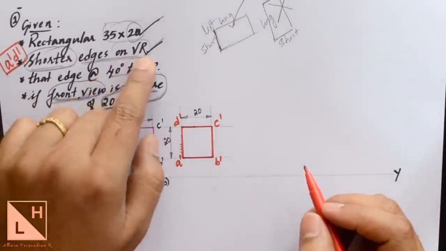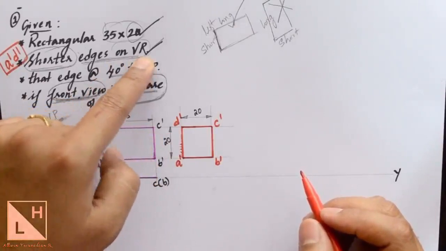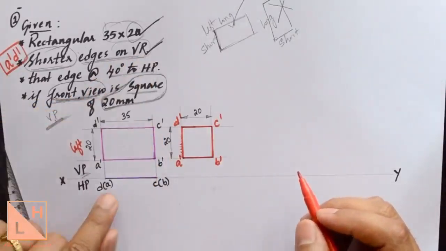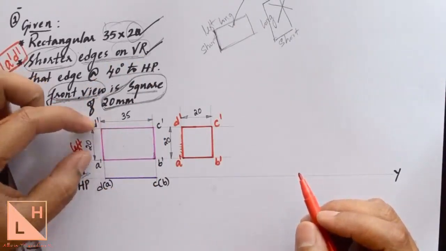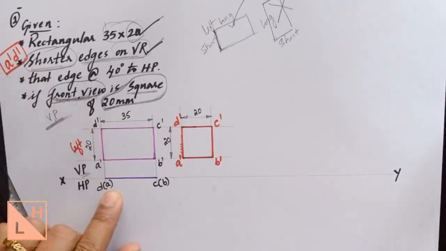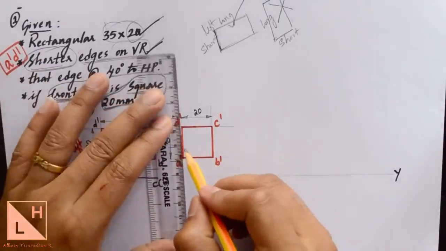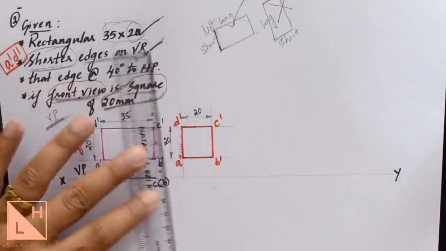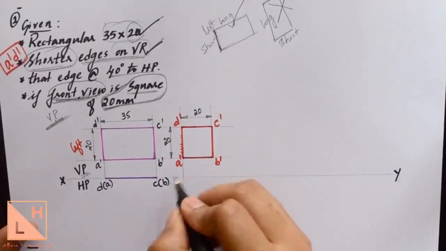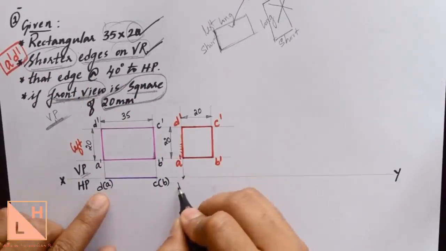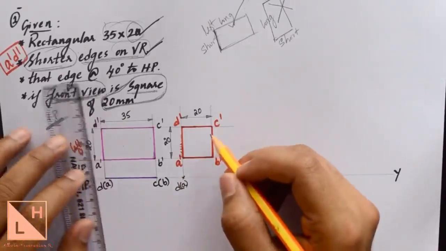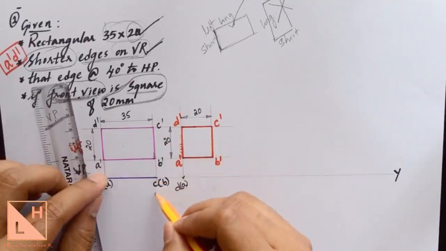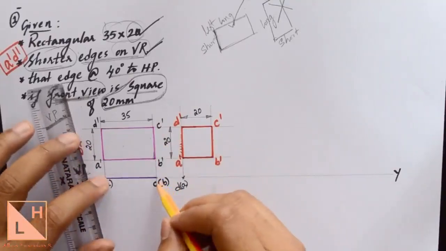Any condition with VP will be satisfied in the opposite plane, which means that this point AD represents the left edge A dash D dash. This AD should be kept on the XY line itself. So initially we'll drop a projection line from here and make sure that these points D and A are resting on the XY line only. What happens to the other 2 points is that we are going to incline this at some angle. So what is that angle you are supposed to find?